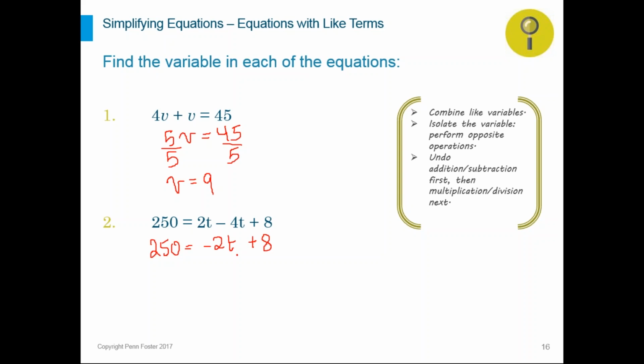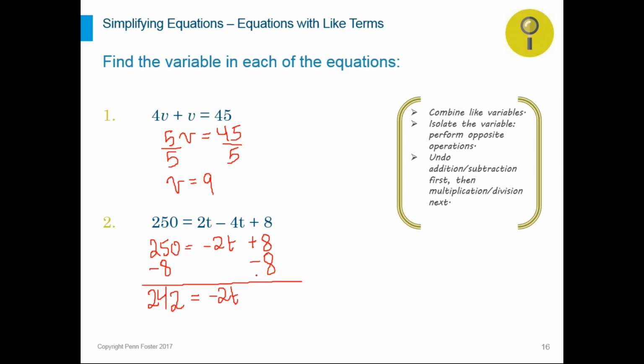I know how to do that. We have mixed operations. We have multiplication and addition. We learned that we get rid of addition first, so subtract 8 on both sides. 250 minus 8 will give you 242 on the left-hand side, and then the negative 2t will just remain, and that would be a 0 here,